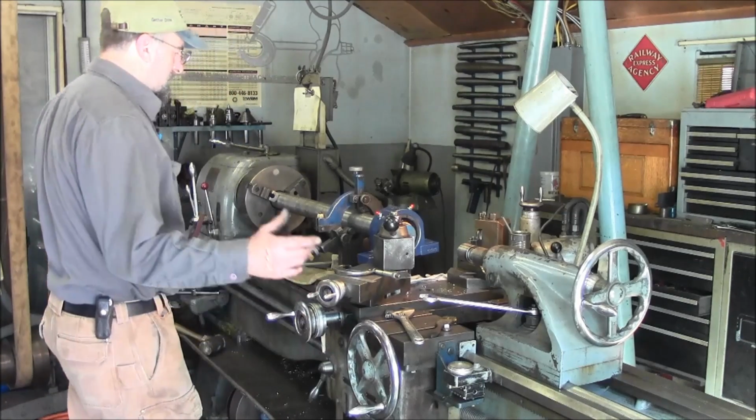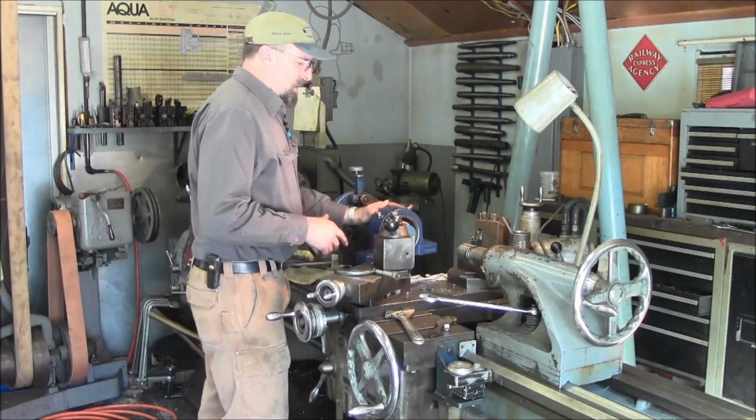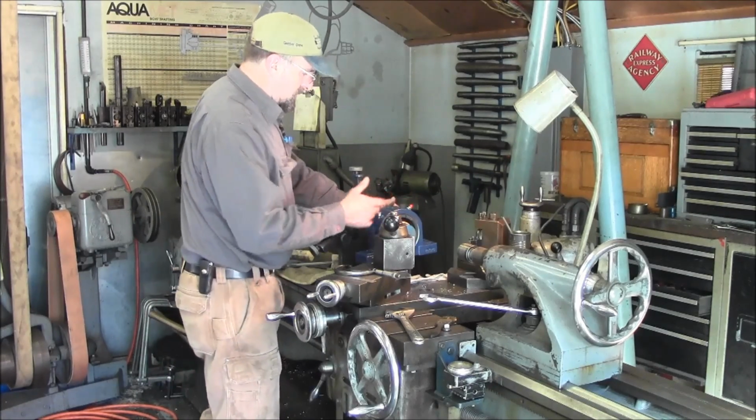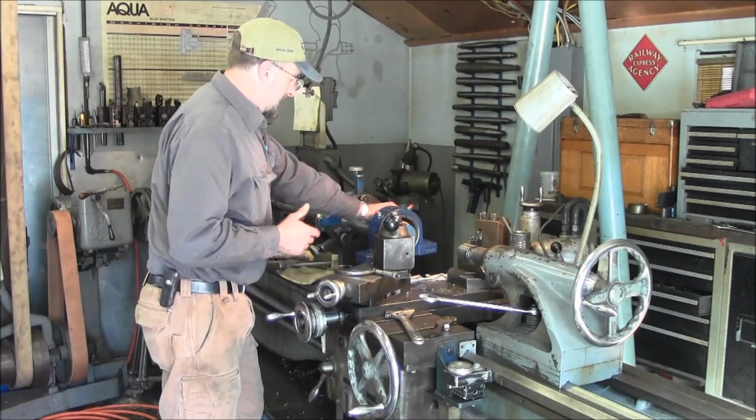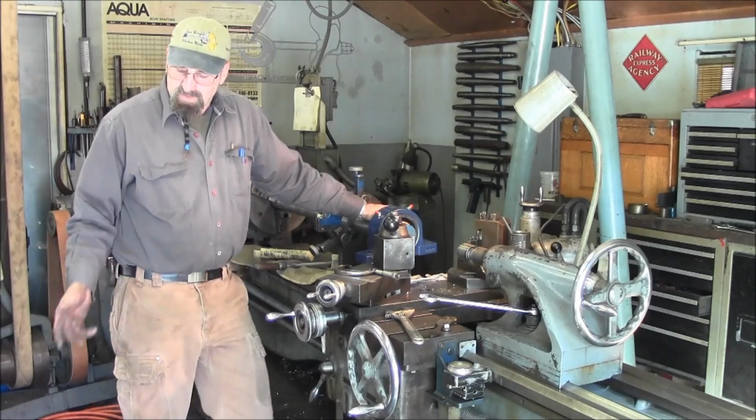Okay, we're done with the shaft. They can space these wherever they want. We have no control over the tolerance. They are the material they gave us. Now we can start setting up our